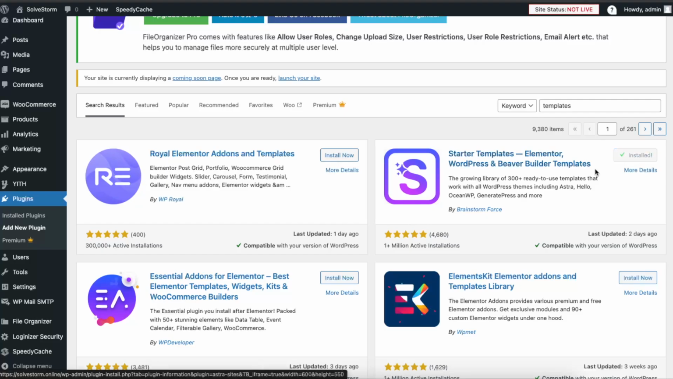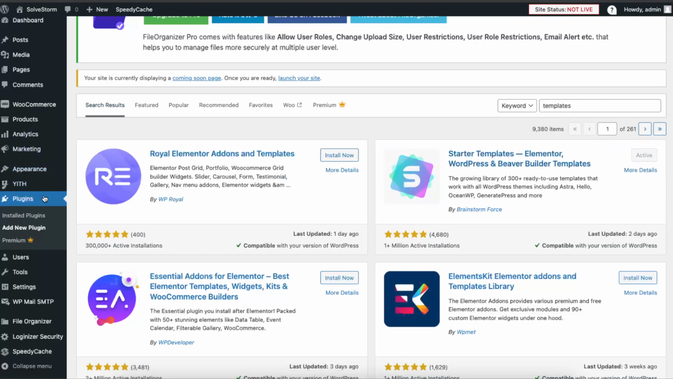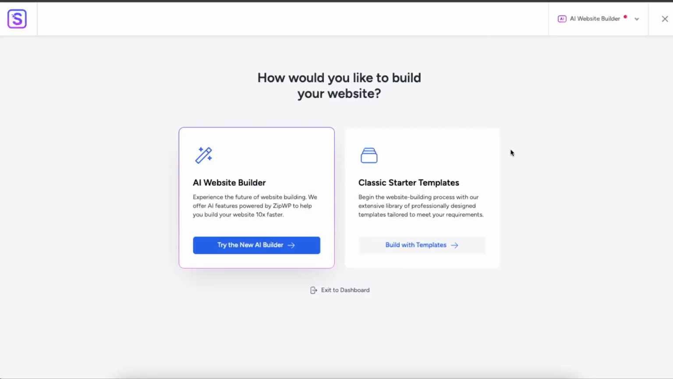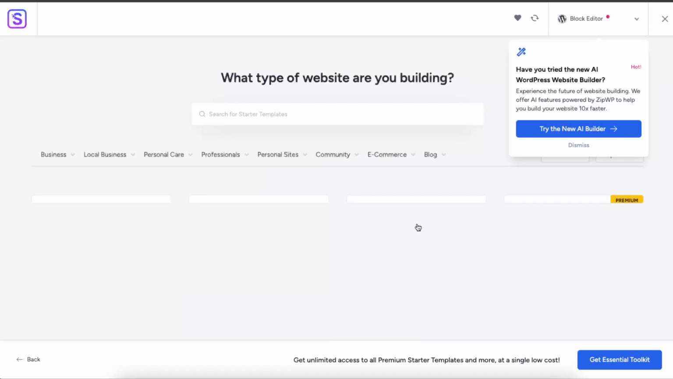There is a WordPress and templates which you can use. So I'm just gonna activate it and open it up on my plugins. And I'm just gonna click get started. So here are my starter templates. So this is basically where you can build your website with AI help, or you can click on classic starter template. So for today, let's choose the classic starter templates, and